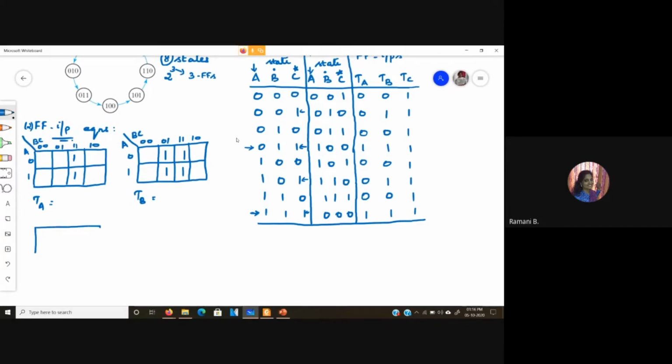So drawing the K map. So we will have all ones. So now forming the grouping.